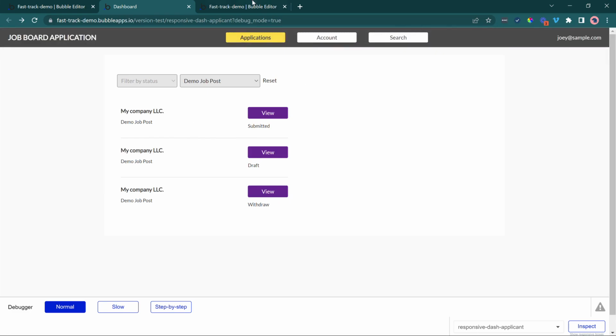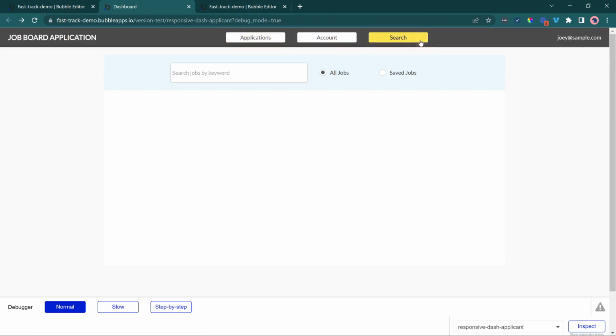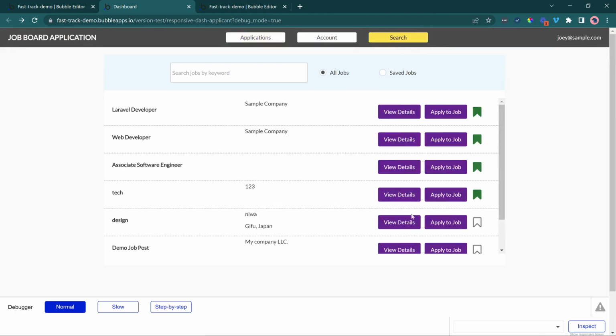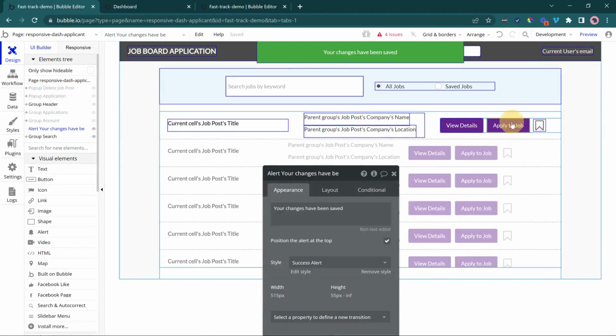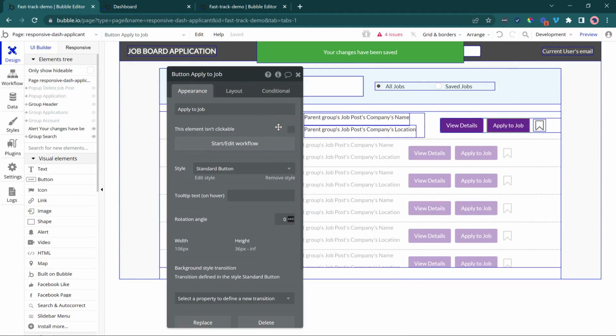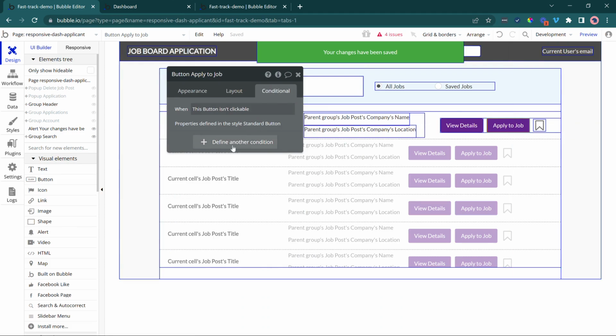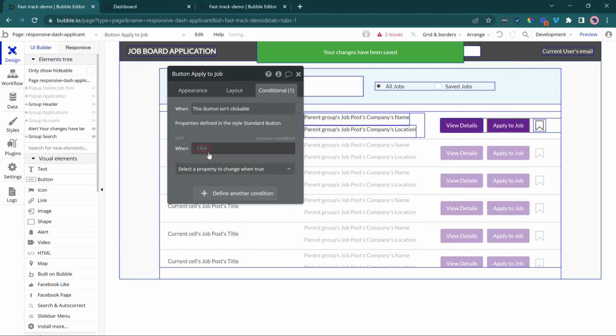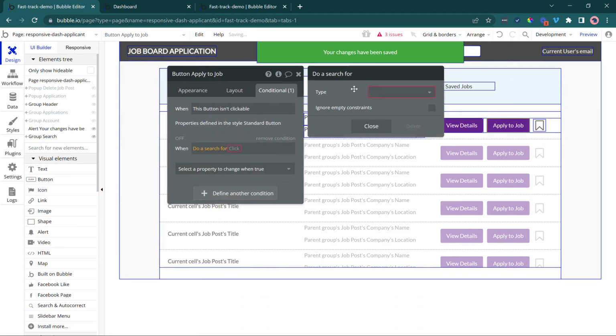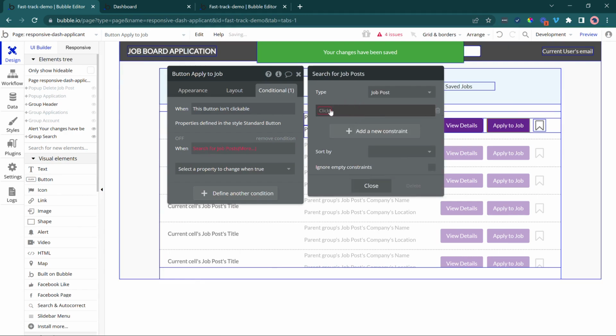So this is how we can filter all of these and allow the user to work with multiple records if needed. Now let's go back to the search so that we can modify the look and functionality of the apply to job button if they have already applied to the job. So we're going to use a very similar search here on the conditions for this button. We'll say searching for jobs, again, where